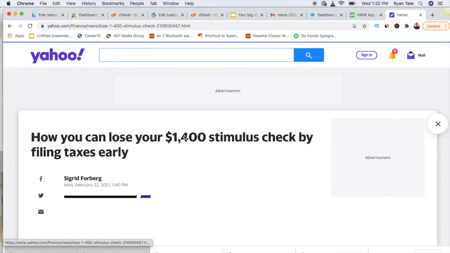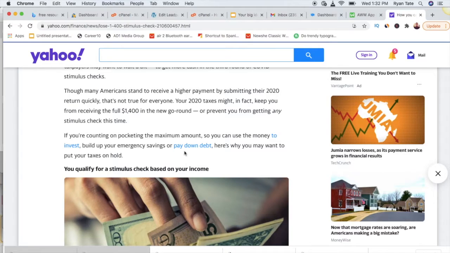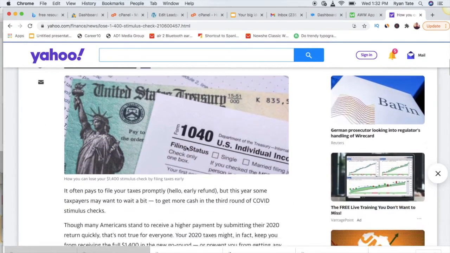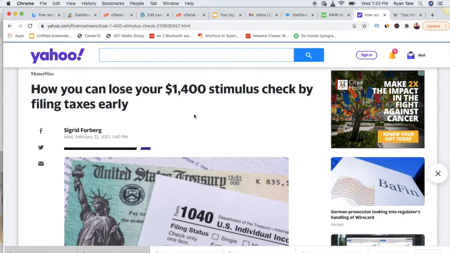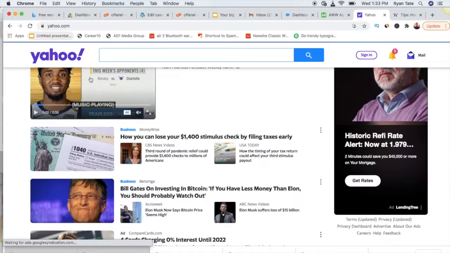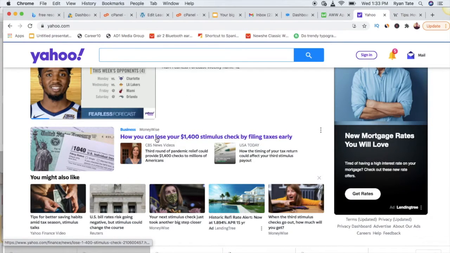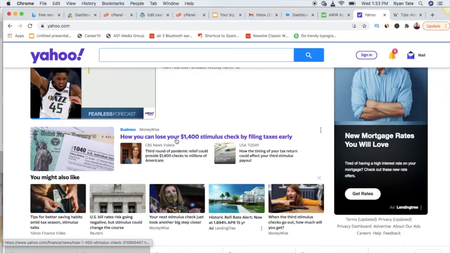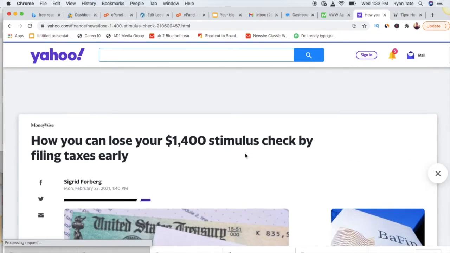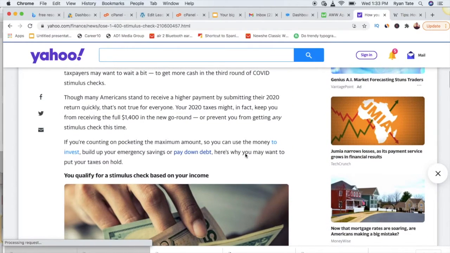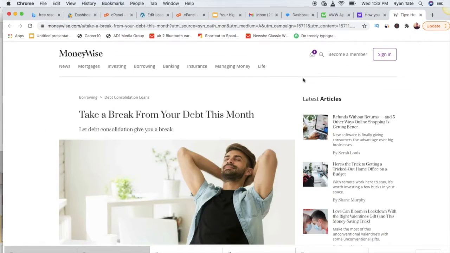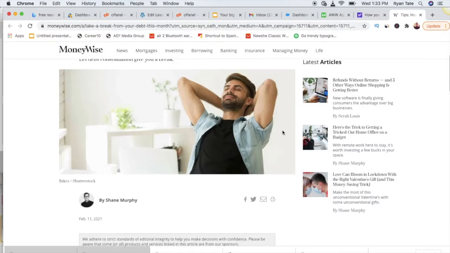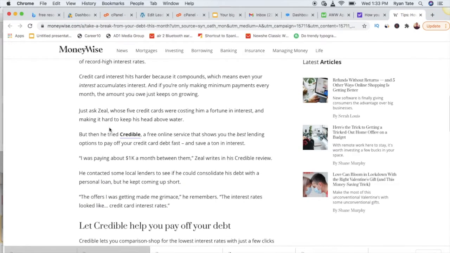Okay, so this is an advertiser who has an offer. Basically, they're doing a different type of affiliate play. What they're doing is using Yahoo's branding. They paid for an article, or you can look at this like an article or a press release. So they paid Yahoo to be here, right? And based on Yahoo presenting this article, they're linking out to their website, right? So their goal is to use Yahoo's credibility to send you to their offer. And I'm going to assume that they're an affiliate right here.